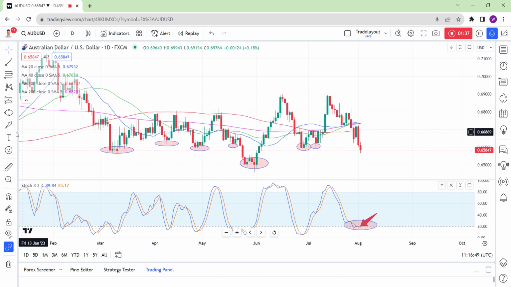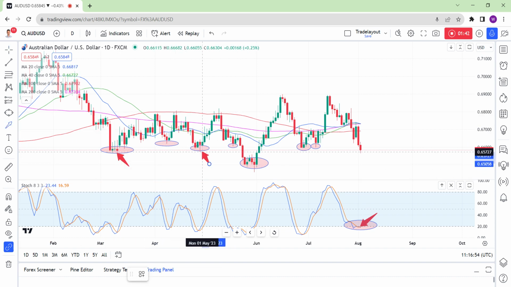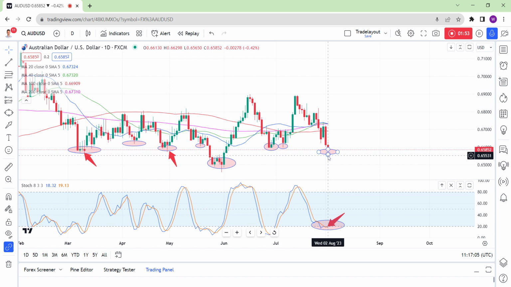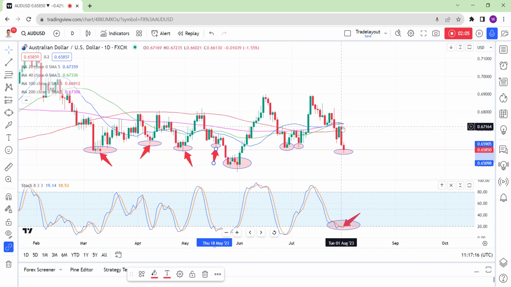It's undoubtable to say that all these different areas where the price has flown away were long zones, or it was an area where people were getting long. So you have to think to yourself, all right, well, if we're coming back there now, what do I want to do with this? Do I want to take it long? Okay. Or do I want to take it short? Now, given you've seen the price fly away to the upside all these times before, would you really want to risk shorting it? And given the price has already come down such a long way from the previous peak, would you really want to short it?